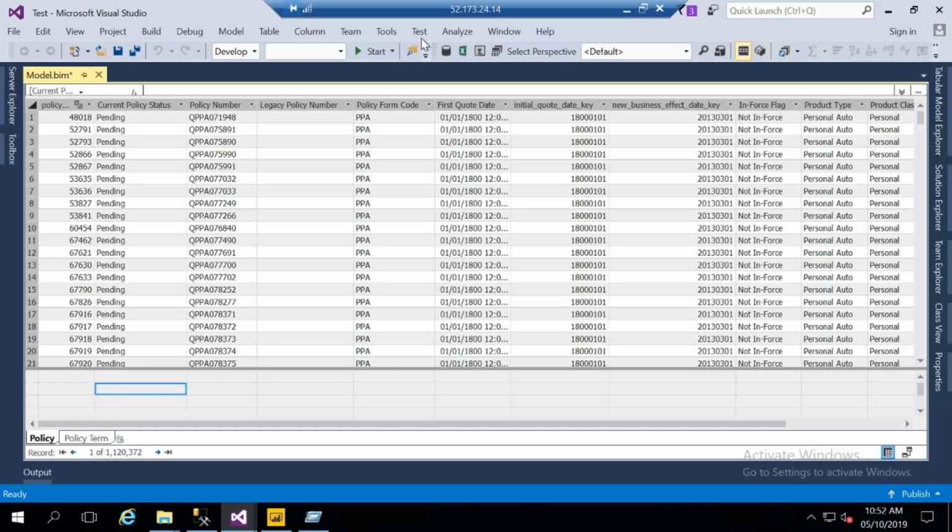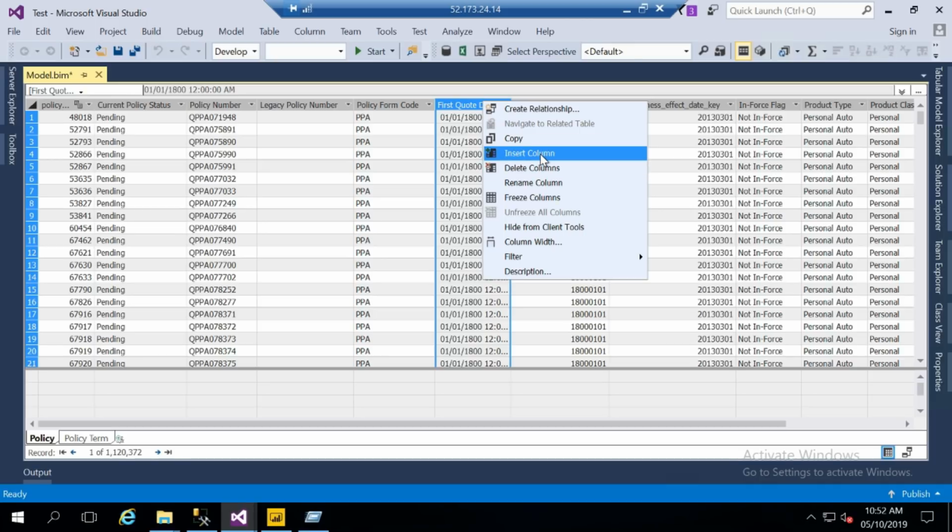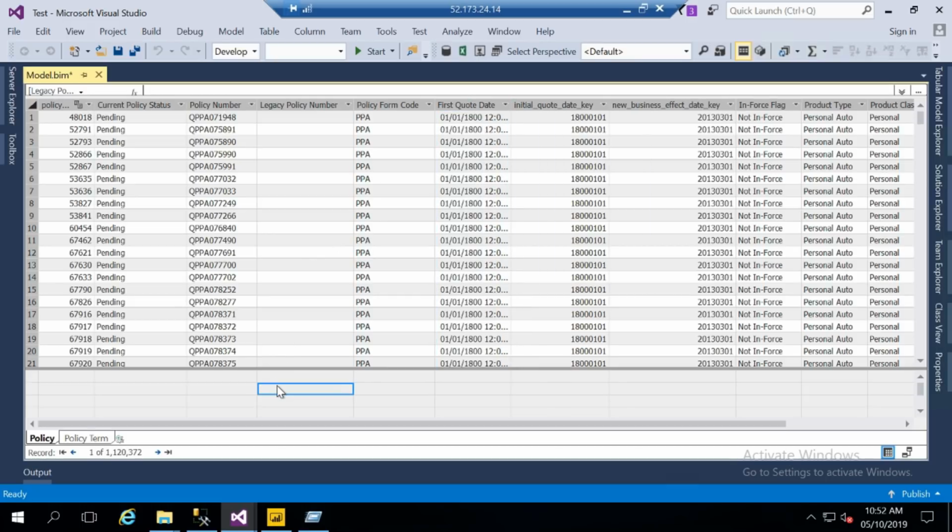But if I create a new column over here, if I insert a column over here, that column will be a part of this table actually. But creating a measure over here won't make any difference to either of these two tables. We can create it here, we can create it here, it hardly makes a difference. So give it a name, total policy, then a colon and equals, and the total policy will be count of